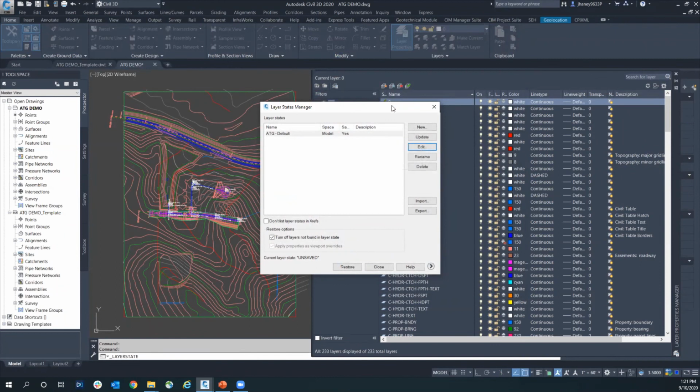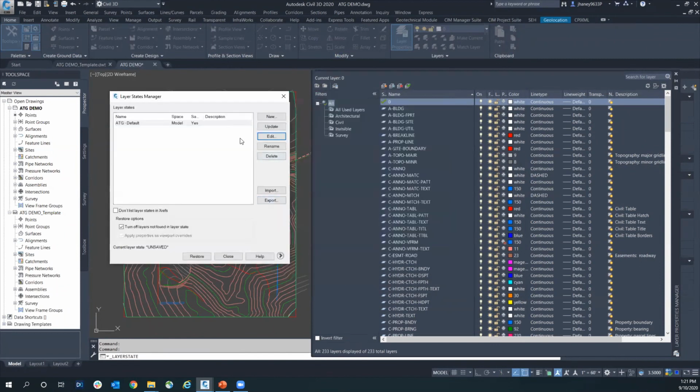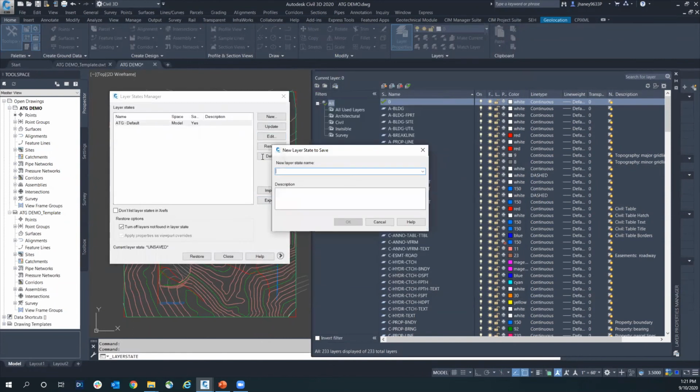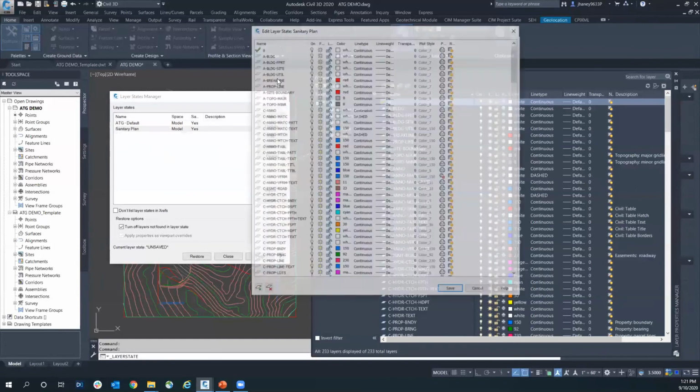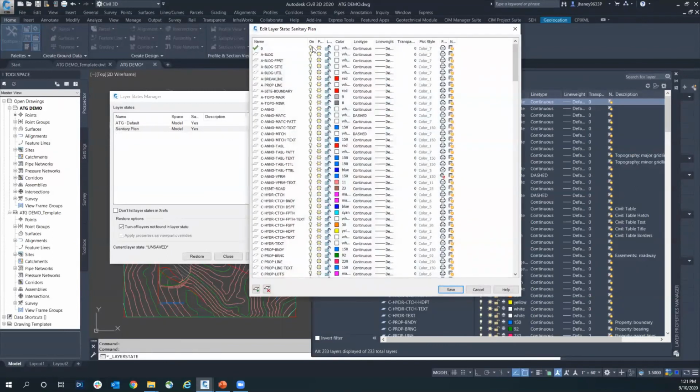Okay, now let's go back and let's hit new. And maybe this time I am going to work on sanitary plan. I could put plan profile, sanitary, whatever is good for you on what you need to know. So I'm going to come in here and edit, and now I can make this look however I want to